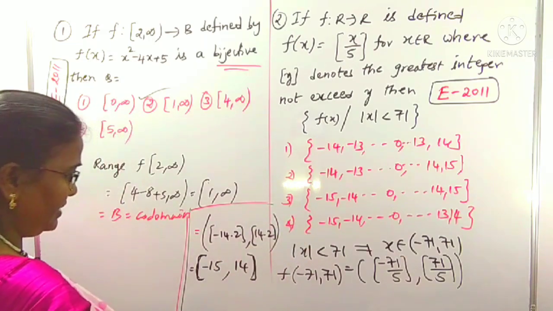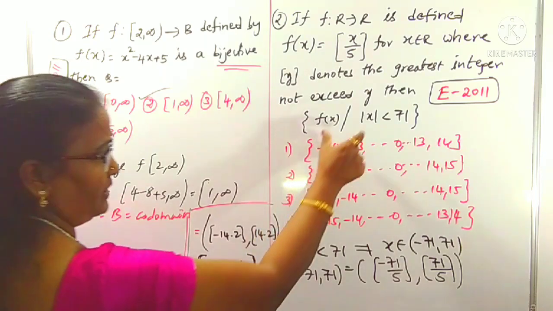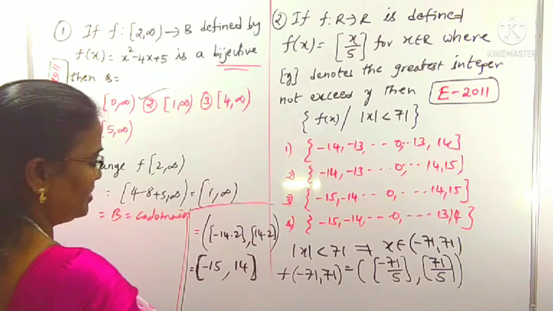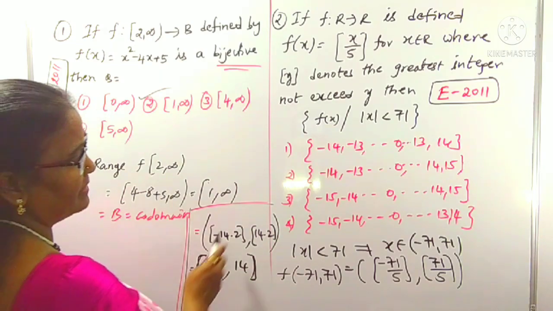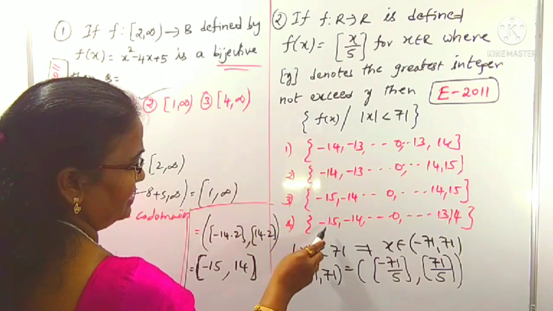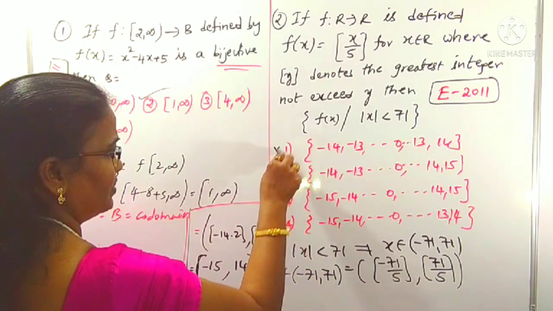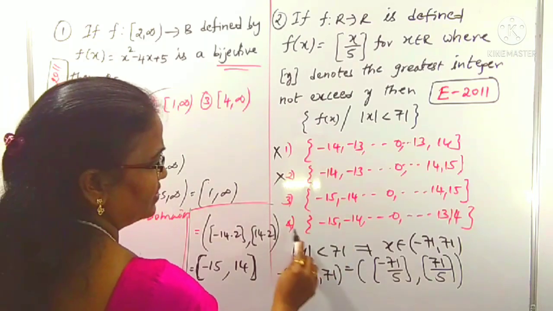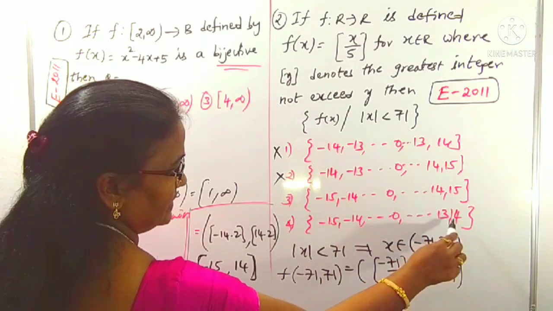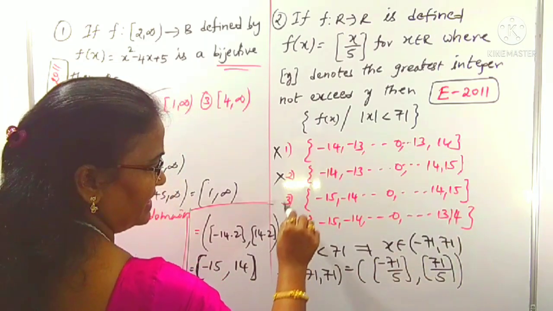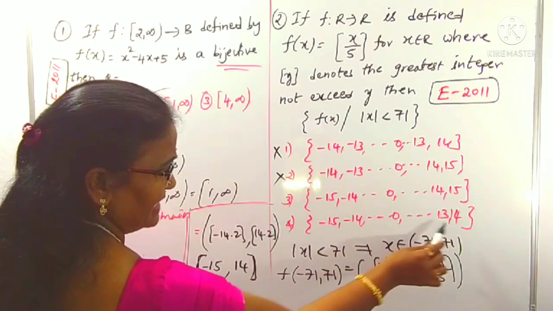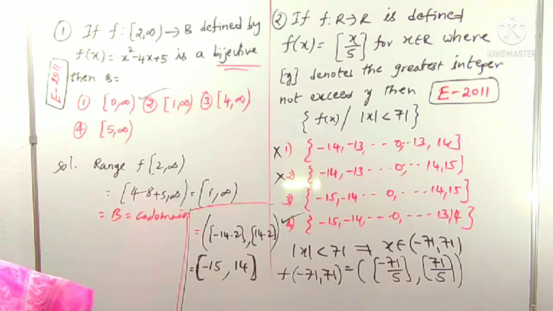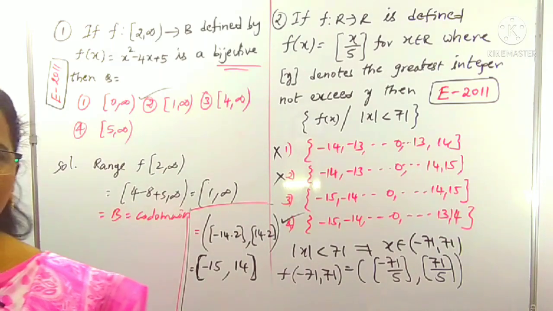So which option is correct? The options are not given in interval form; this is in set form, in which the minimum value is minus 15. Where is minus 15? Yes, this one may be correct. These two are not correct at all. What is the last value? 14. So among these, which has maximum value 14? This may be the one, with minimum value minus 15 and maximum 14, 100 percent. The fourth option. It's very simple, but you have to concentrate on the step function as well as the mod function.